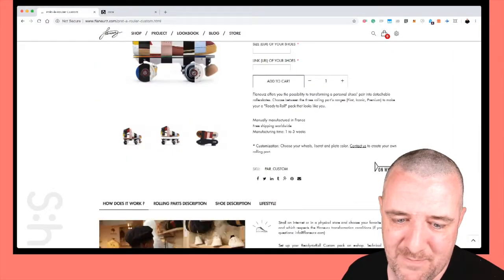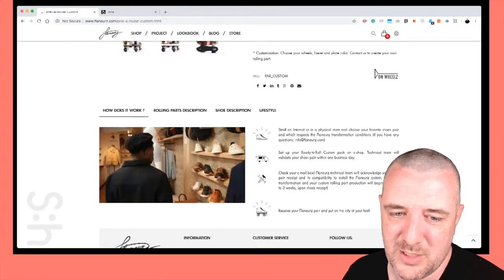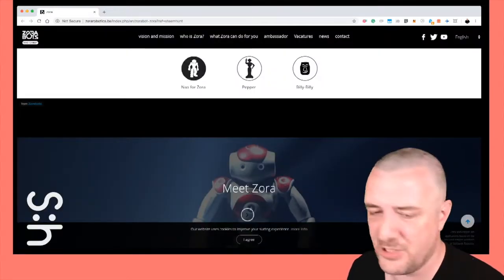I mean, they're pretty damn sick, right? Look at that. Look how cool they look with your normal shoes that you would normally wear. Kind of dig it. And the final one today, and the only reason why I put this one in, is